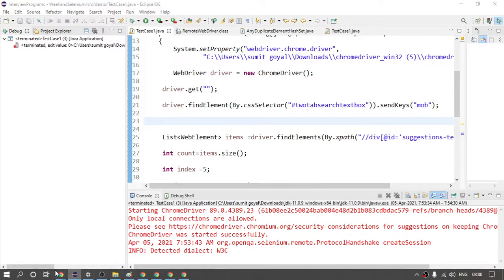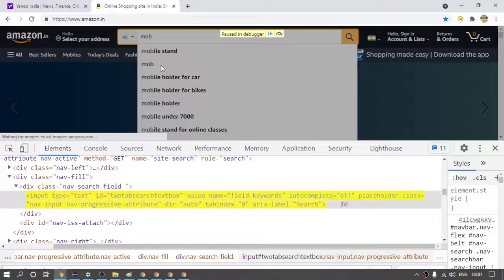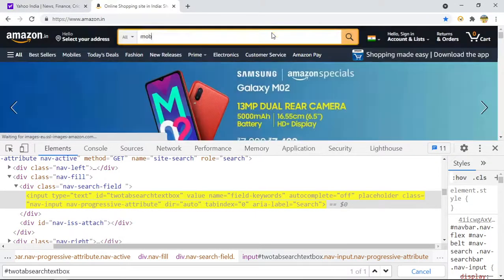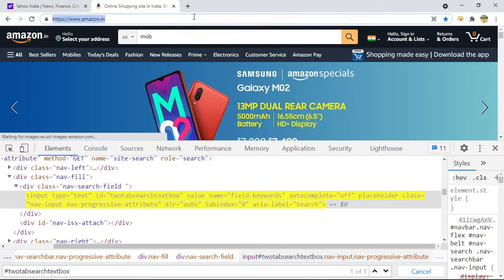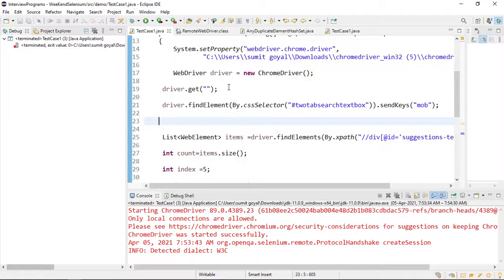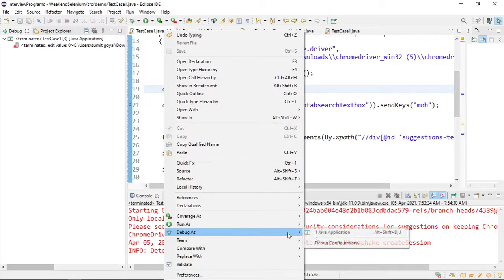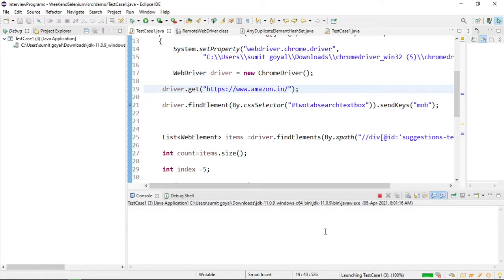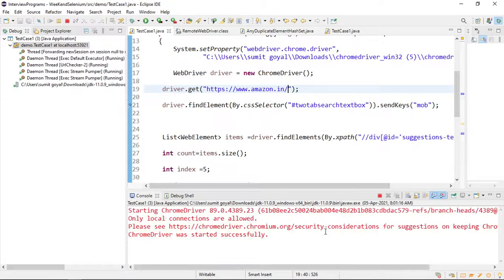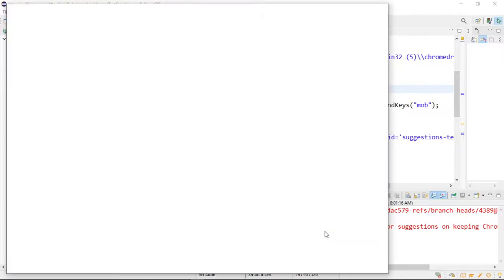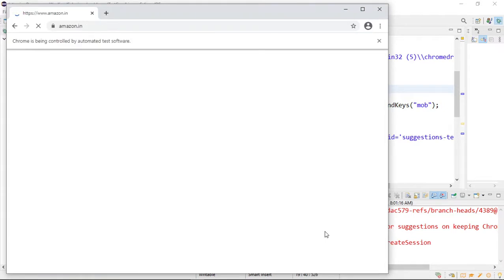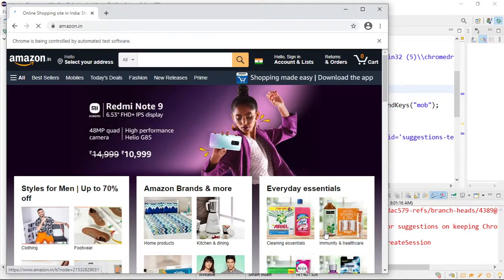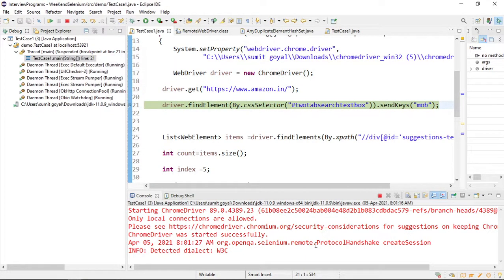So the Amazon website, let us open Amazon. And if I debug this, now you can see we are here.